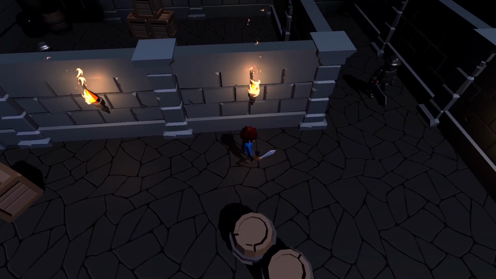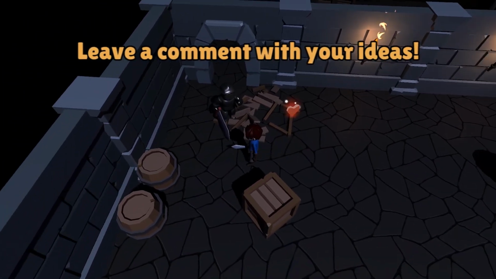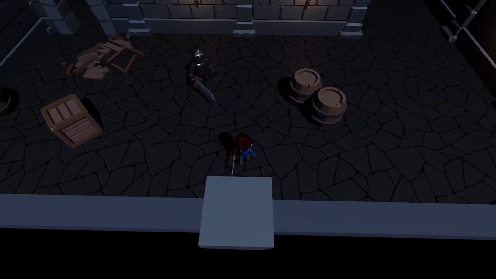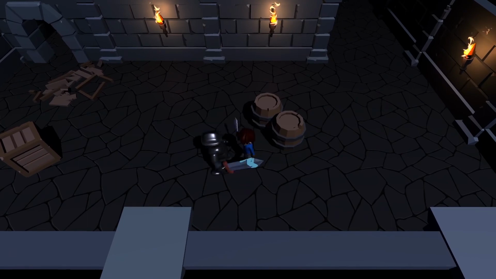What do you think? Do you have any ideas or feedback on the game? Leave a comment below. I think I will get into adding an interface to the game, to show the health of the character and other stuff like keys or something, but that will have to wait until the next episode.